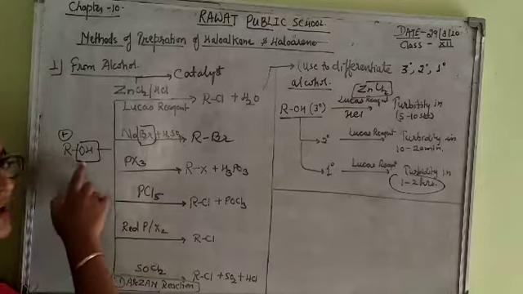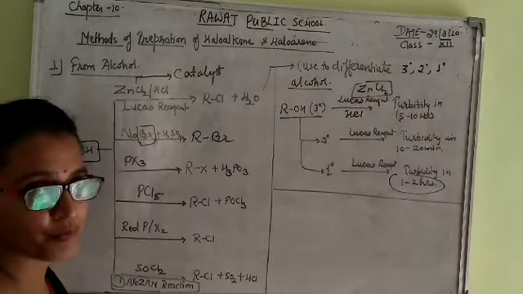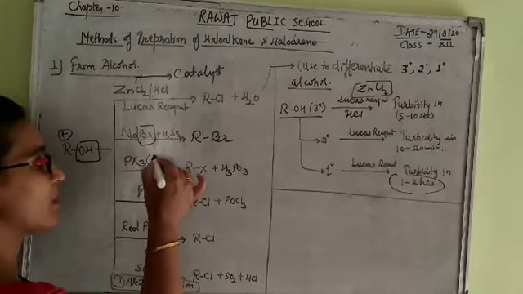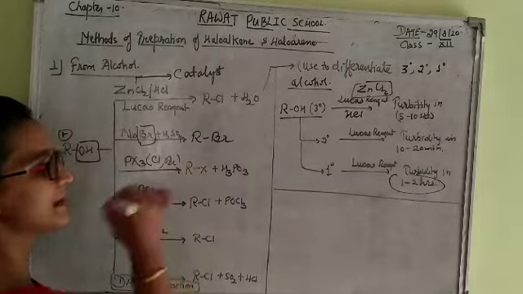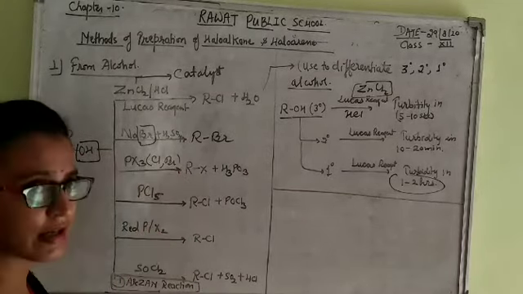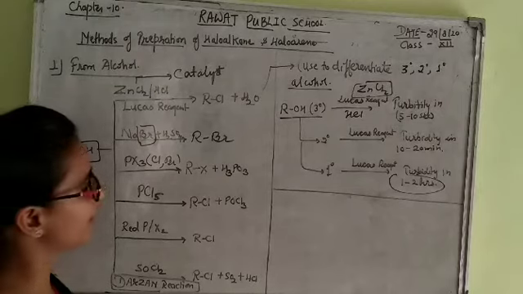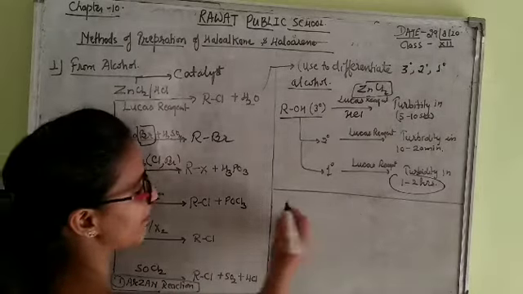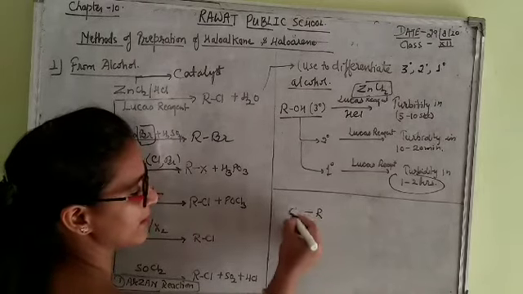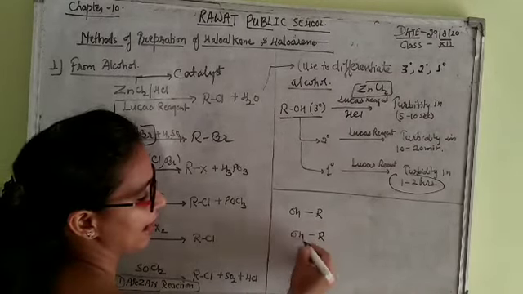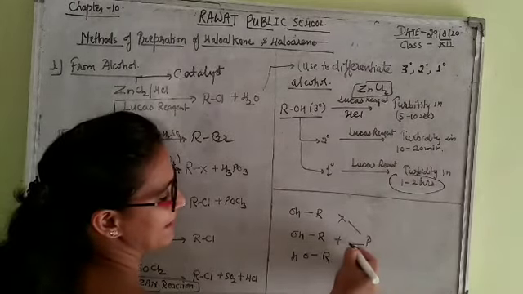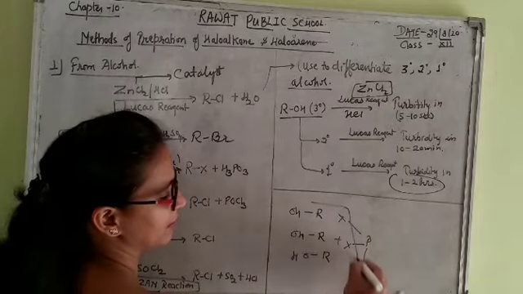Now, when alcohols are treated with PX3, phosphorus trihalides, such as phosphorus trichloride, here a chloride group is there, a bromide group is there. In the case of X, the simple alcohol group is removed and X is introduced. How does this type of reaction proceed? Just for example, we take 3 molecules of alcohols, and if they react with PX3, what happens?